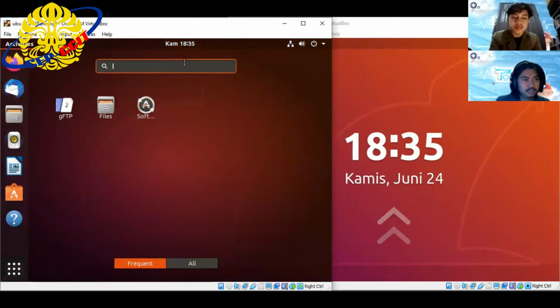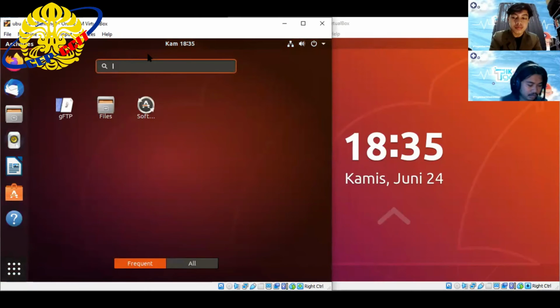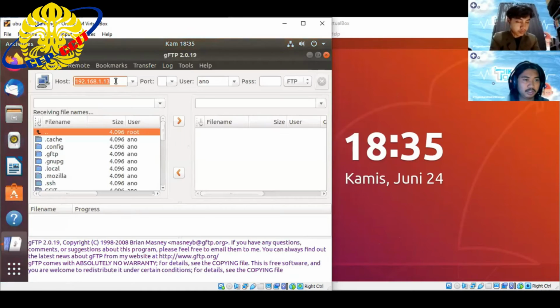You must go to show applications and input GFTP. Before we go to GFTP, I have already installed the GFTP, and then click OK. This is the display after you install the GFTP.